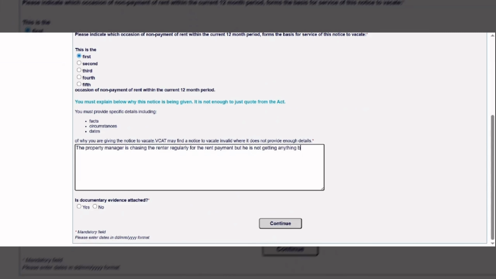In this you can also mention the dates or the figures. Is documentary evidence attached? Here you need to select no, and you can continue.